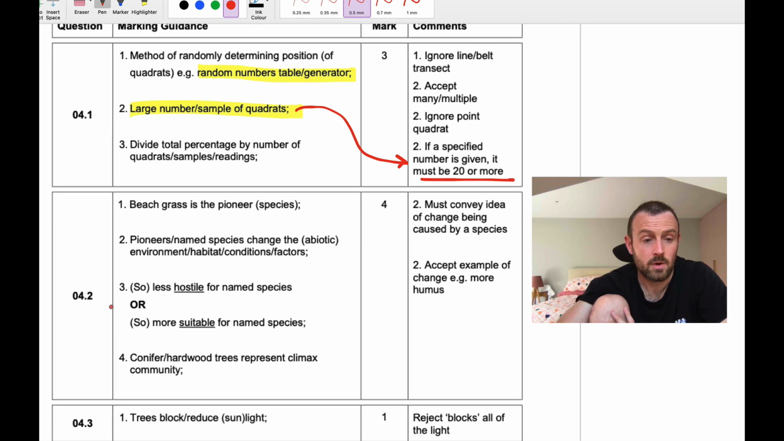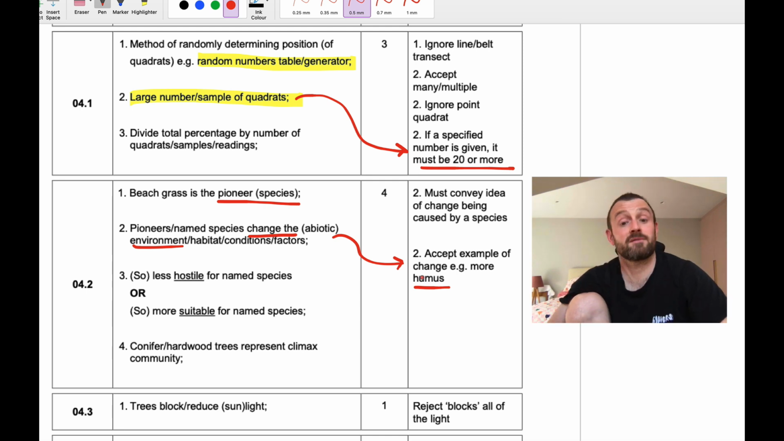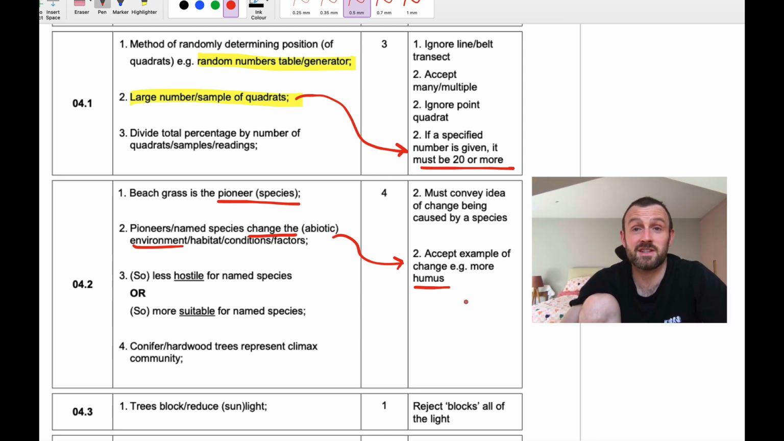Let's see where the marks are. Pioneer species, that's 1 mark. Okay, it changes the environment, for example, more humus or nutrients. Humus, by the way, not to be confused with hummus. Humus is the biological material in the soil. Hummus is a spread that you make with chickpeas. Okay, hummus has 2 M's. Humus has 1